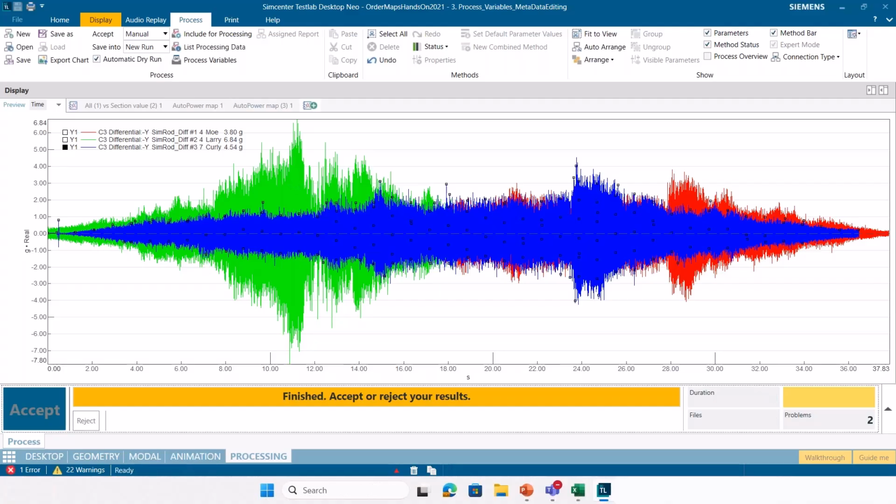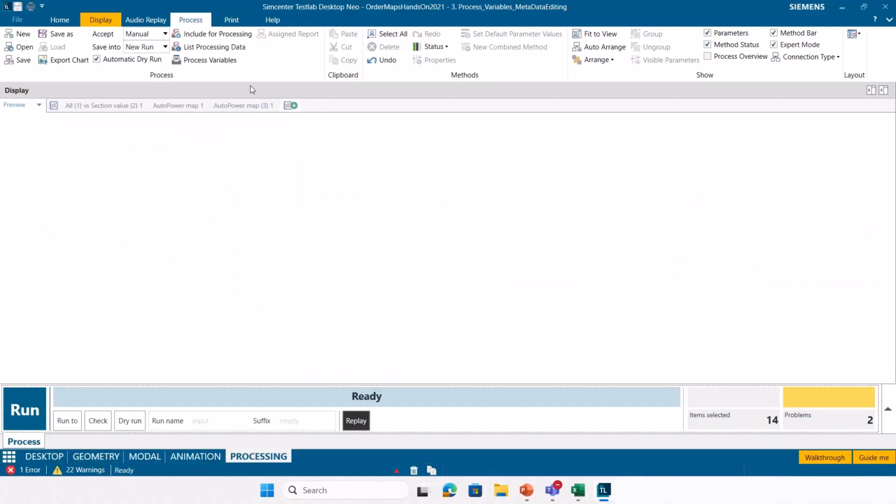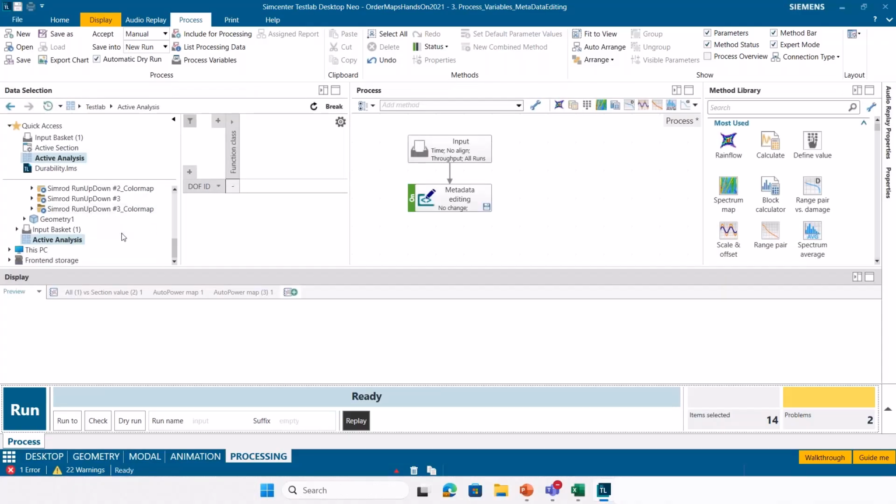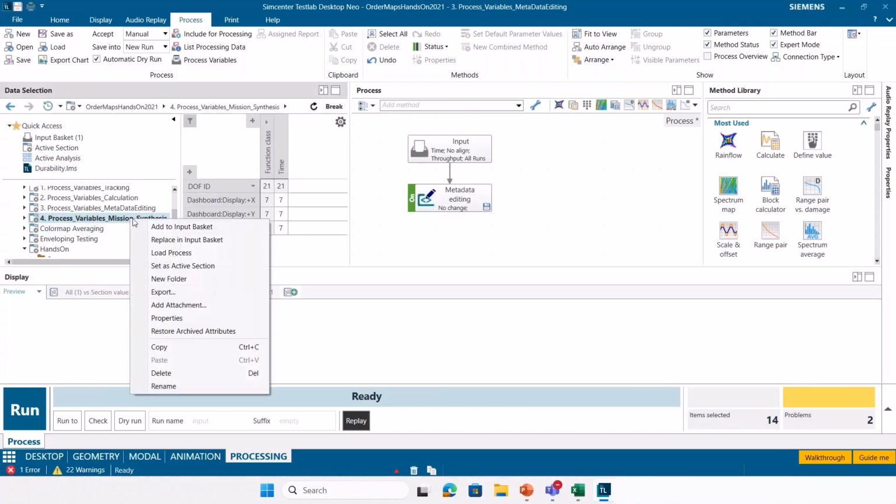The final example here that I'll show with these user variables is a use case specifically designed for mission synthesis. We added mission synthesis into Test Lab Neo, I believe it was last year or last summer.